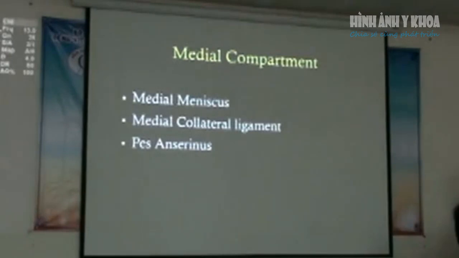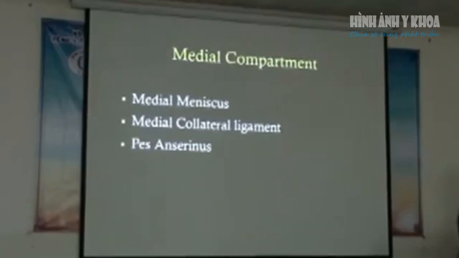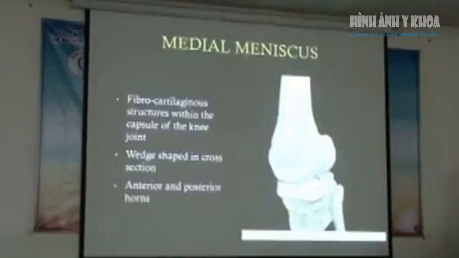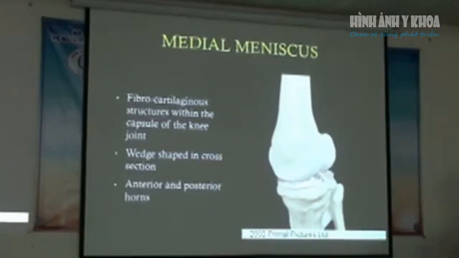So if we move around to the medial compartment of the knee, this is where we look at the medial meniscus, the medial collateral ligament, and also the pes anserine. Tiếp theo mình sẽ khảo sát khoang trong, khảo sát được sụn trên trong, dây chằng bên trong và gân chân ngỗng. So the medial meniscus is just this fibrocartilage, and it's a little shock absorber that sits in between the two bones. Đây là một cấu trúc sụn sợi nằm trong bao khớp và nó nằm giữa hai cái